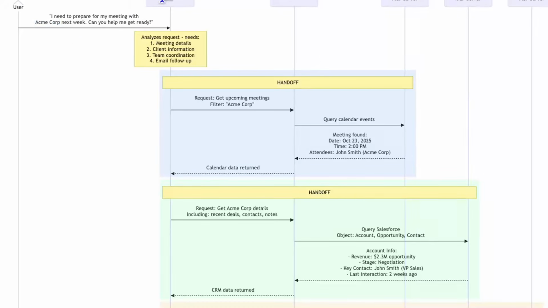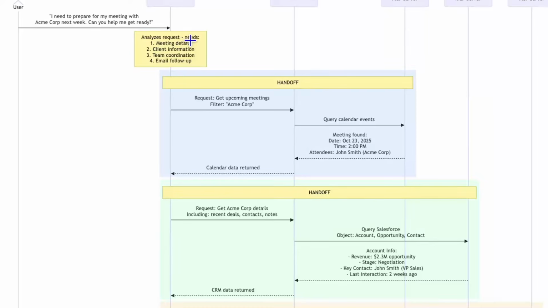Then what basically happens is, maybe it could be a Claude MCP client, it could be a Client MCP server, it could be Windsurf, it could be any client that you're working with. Now that client is going to analyze the request, and based on the sentiment and the information that the user has provided, it is going to understand the intent and say, okay, this request is going to need certain